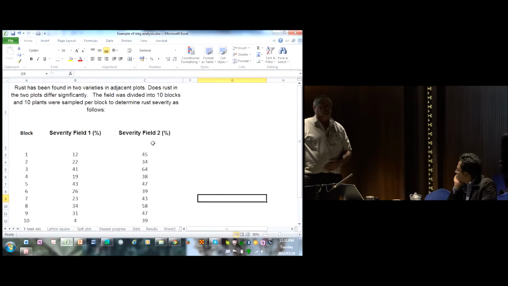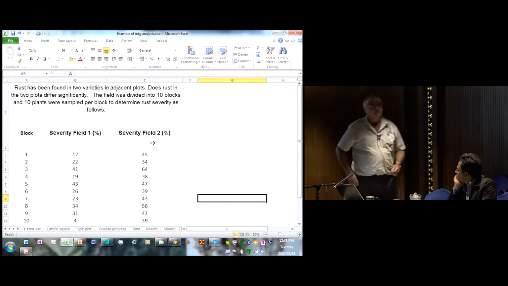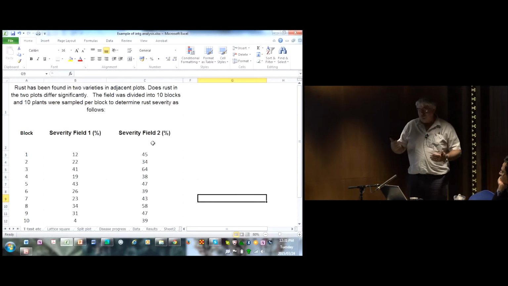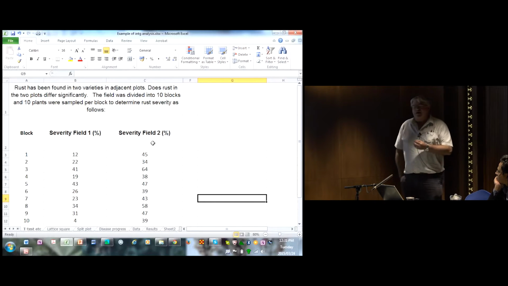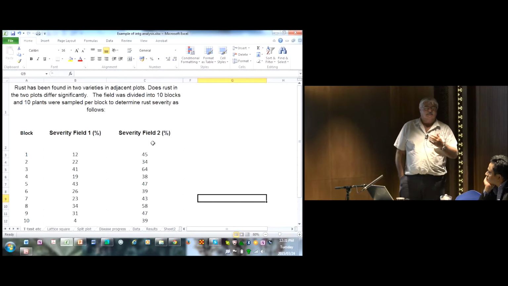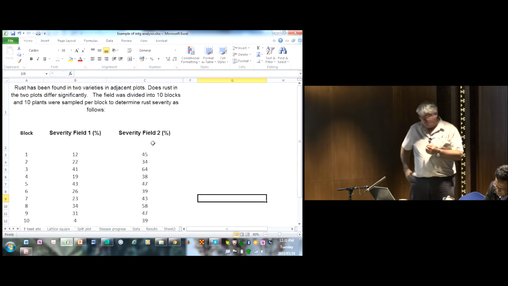We've been talking about populations, ANOVAs, and regressions, correlations, and all the rest. What I'm going to do today is show you how we apply it, the type of questions we ask, and the way we analyze the data. Now, I've been asked about different